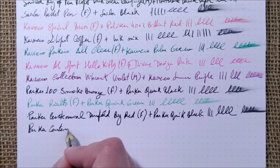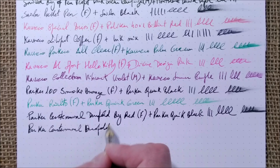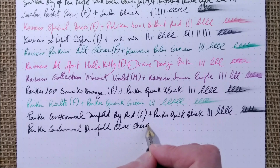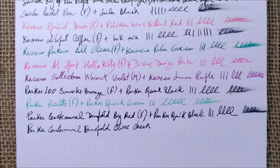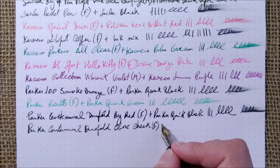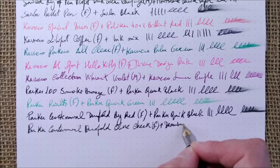This is the Parker Centennial Duofold Olive Check. And this is one of 3 olive pens that have olive names inside. With also a fine nib. And inside it has Diamine,